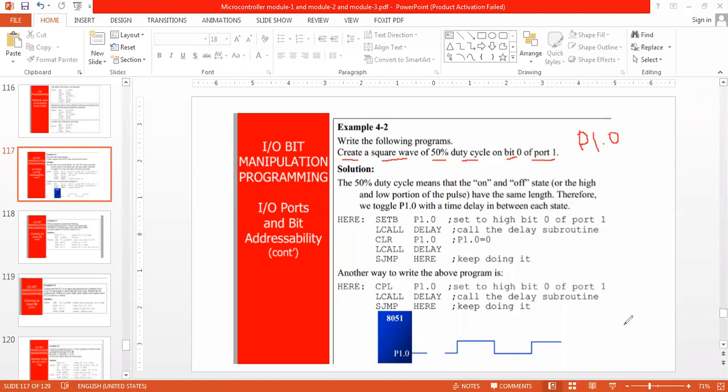See, what we have to do is create a square wave. We are making P1.0 an output port.